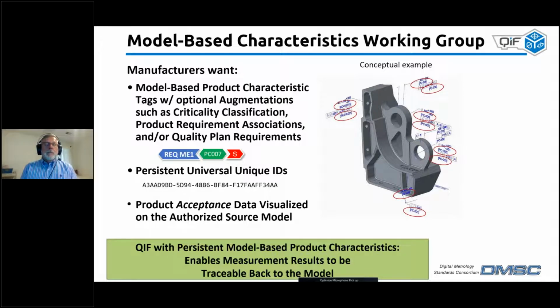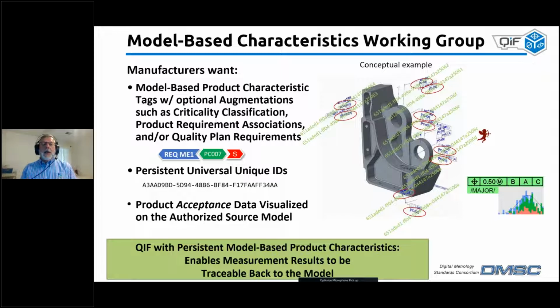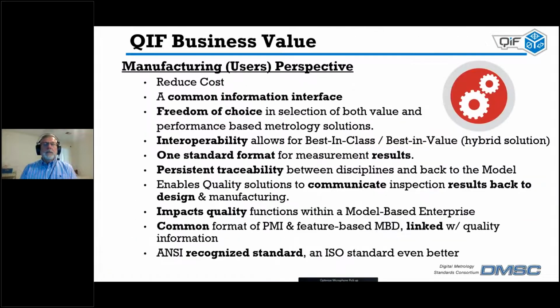And maybe in the future, once you add those universal unique IDs to everybody, you can bring all that inspection data back, and based on those universal unique IDs, you can visualize what those results are back in where those persistent UIDs appear. So QIF with these persistent product characteristics helps enable measurement results to be traced back to the model. Super excited about that. Well, we believe QIF provides a lot of business value,